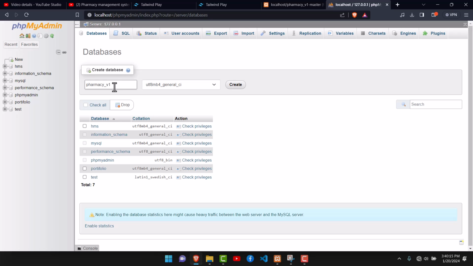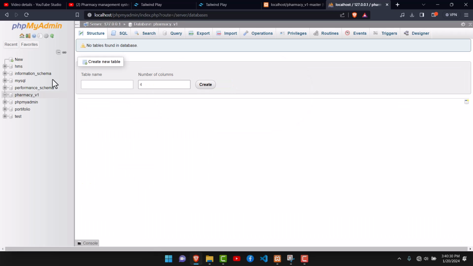If you change this name, you also have to change it in the code as well, but you have to be experienced enough to do that. If you're not experienced enough, just leave it as it is, just use this name. So I'm going to click on create, and that should be created, but now the database is empty, so I